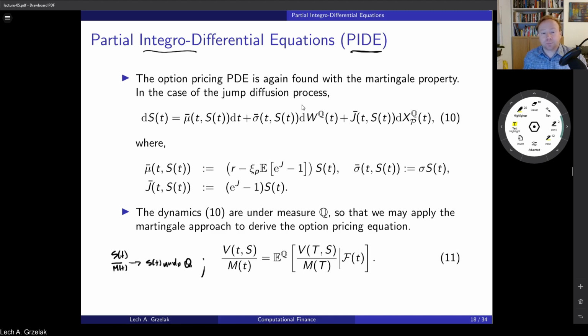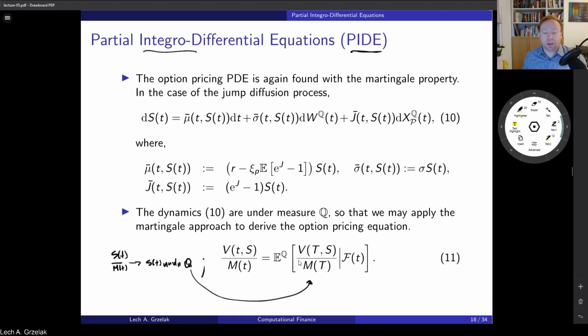In the previous few slides, we derived the condition for mu such that S over M is a martingale under the Q measure. It's driftless under Q, and that gave us this dynamics. Once we have the dynamics under Q, we can use it to compute the following expectation. We use the same argument: not only does the discounted stock value have to be a martingale, but an option discounted today also has to be a martingale,